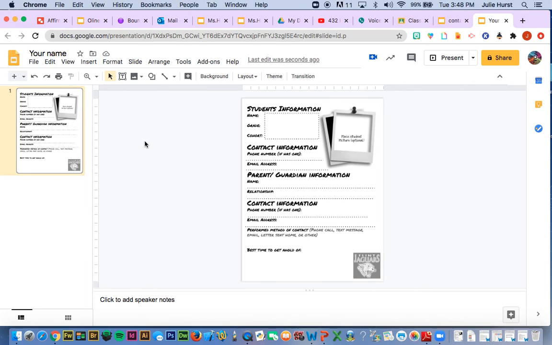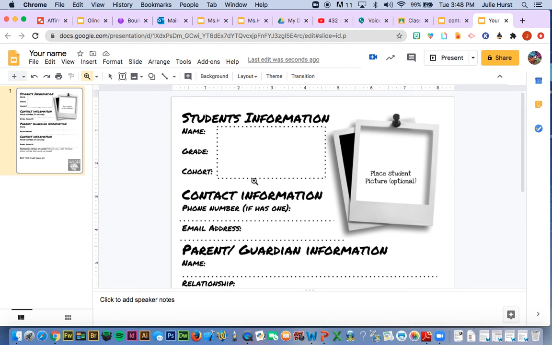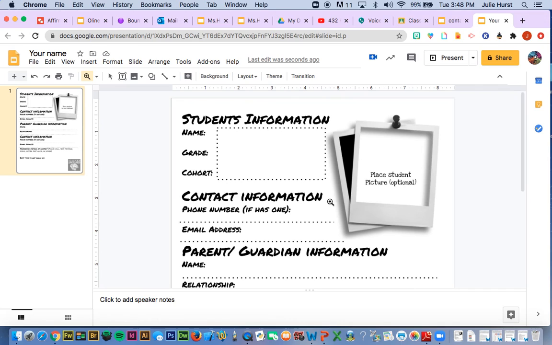The first thing I'm going to do is zoom in so I can see my worksheet a little better. So I'm going to click on the arrow button here, and I'm going to hit zoom in. And now it's going to show me a better view of my worksheet. I'm going to go up here to my select tool. And for this assignment, I already created